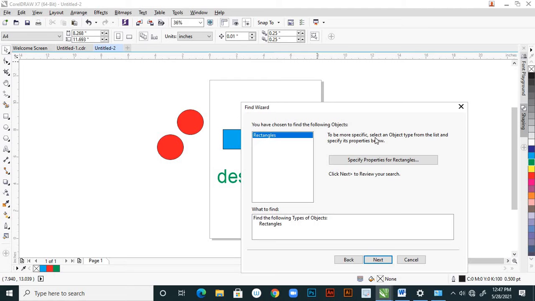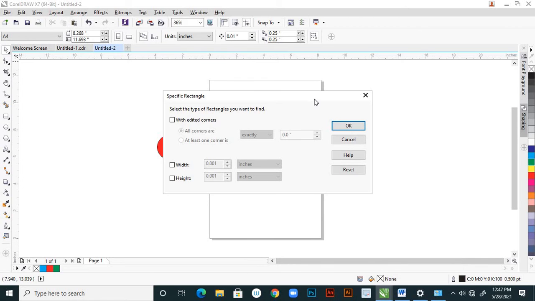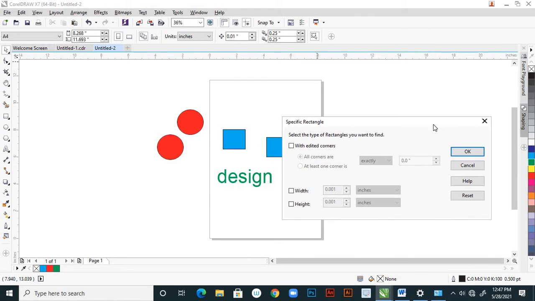To get more specific on that particular object, click here, specify properties for rectangles. See this, with edited corners. Suppose your rectangles have any edited corners, you can specify the number. But I don't have any edited corners here.